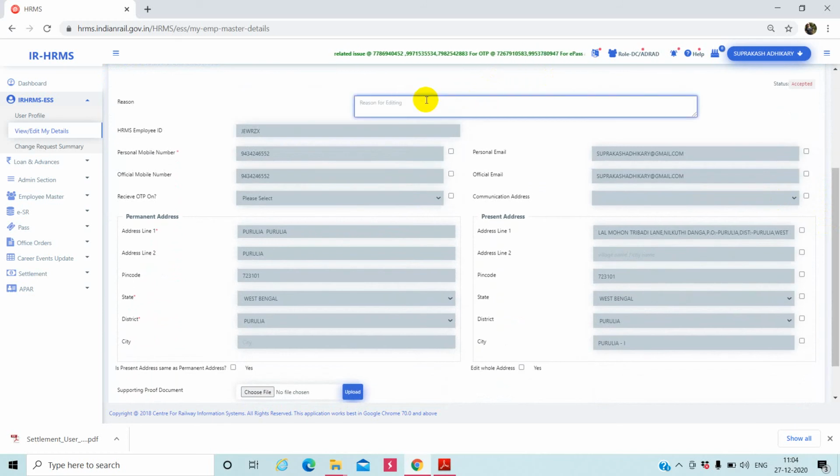Okay, then I'm typing, please change my mobile number as it is no longer valid. And I am clicking on my mobile number, and I am changing my mobile number.